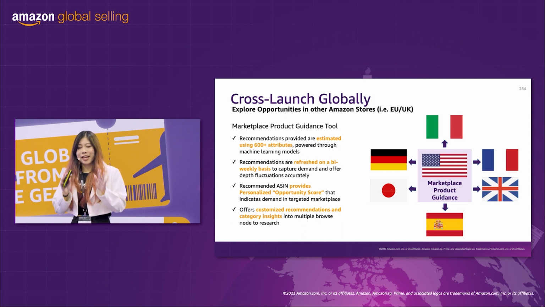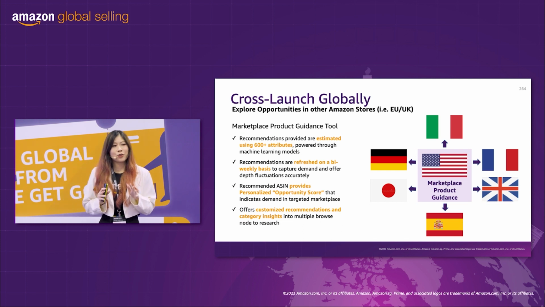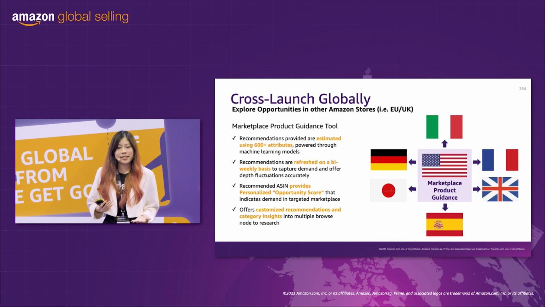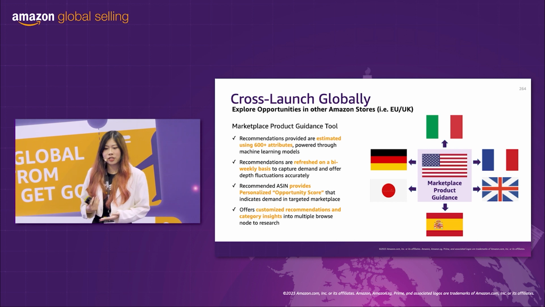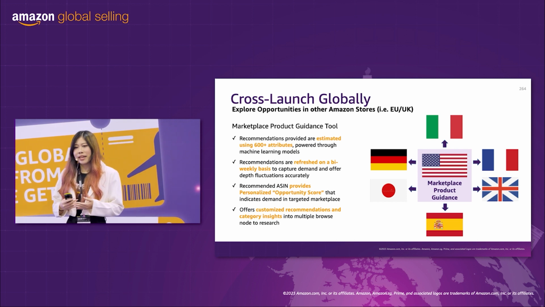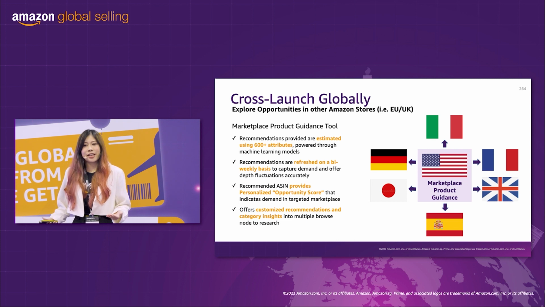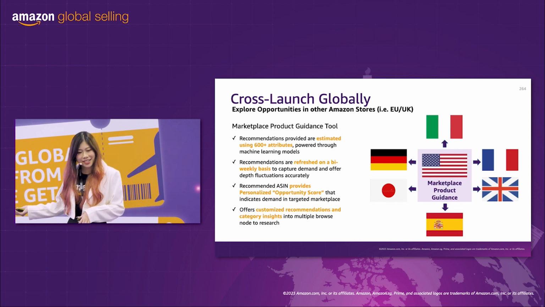Okay, so this segment, I will be talking about how you can find popular ASINs that you're currently selling to cross-launch into other Amazon stores. So I believe not many of you have heard about this tool called Marketplace Product Guidance. You can actually easily find it under the Growth tab within Seller Central. So what this does is,